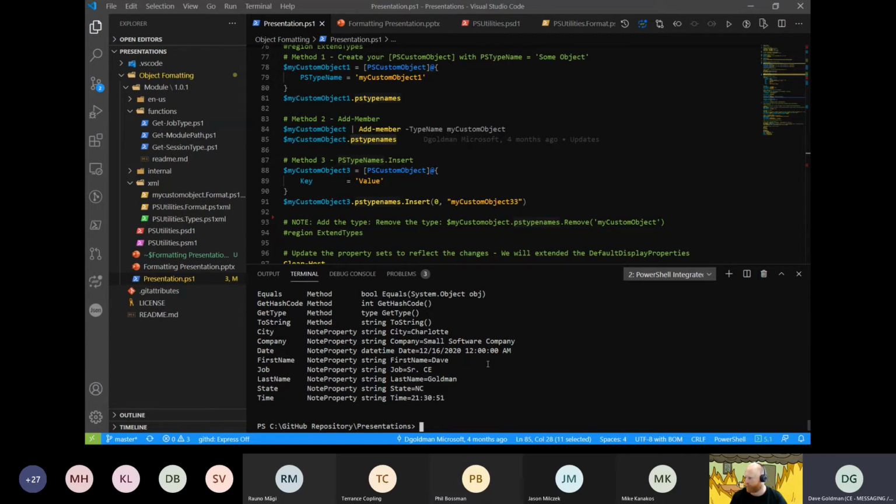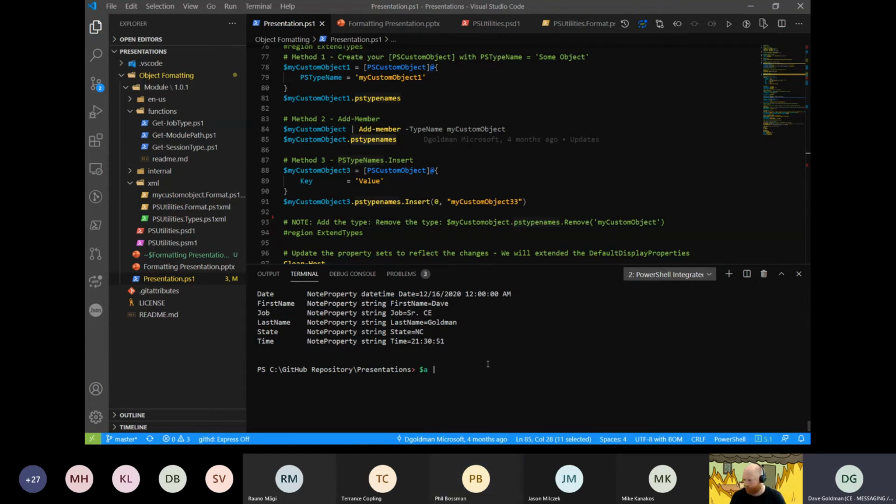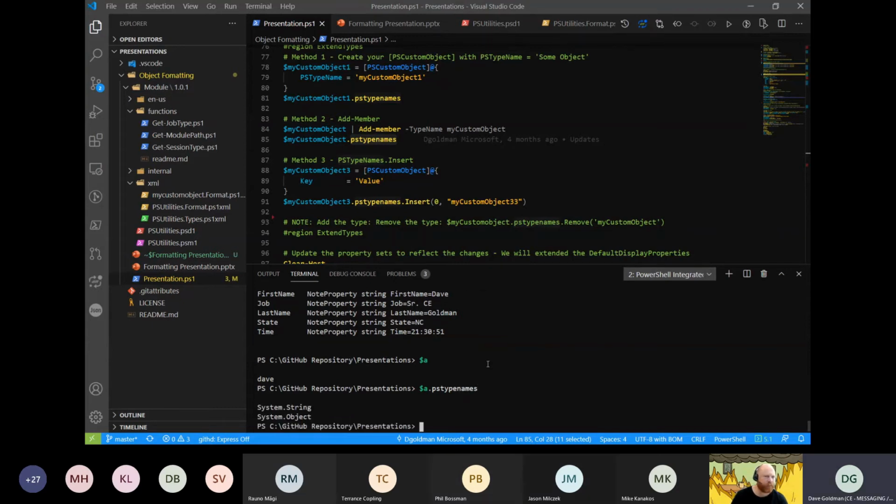we'll just do a simple one. I did this one before, just hopefully this will demonstrate it. So I created a simple string, right? And I do get member. Let me do PS type names. You'll notice that this is a system string, but it's also an object, right? There is a type defined for a string, and so it's going to show you that. Now, if I strip that off, this will obviously print out an object, but it may give you something that you didn't expect.